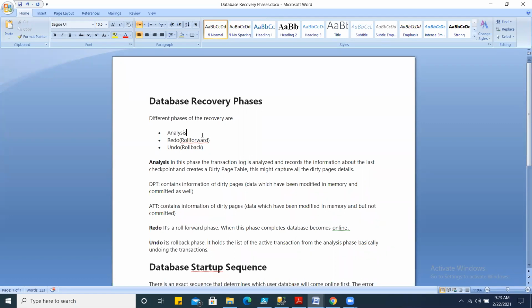Durability ensures that even in case of a database engine crash, the data and transactions inside your database must remain in the same state as they were at the time of the engine crash. For that, SQL Server implements a database recovery technique, which consists of three phases: analysis, redo, and undo. Redo is also known as roll forward, and undo is also known as roll back.